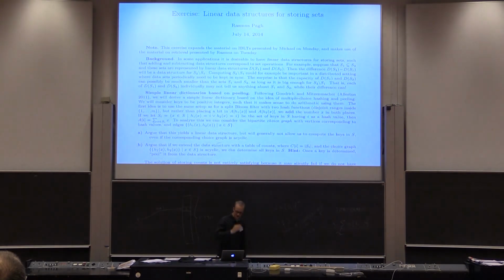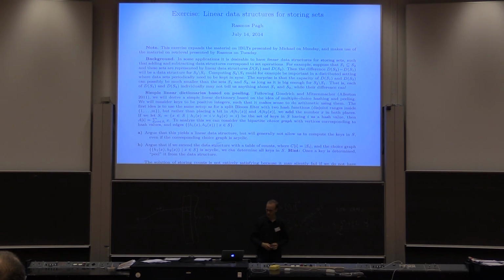So now the idea is to go to an exercise which blends something that Michael talked about yesterday, these invertible Bloom lookup tables, with things I talked about today, which are these bipartite graphs that become acyclic. So the idea is to work out some more details and actually try to prove some of these things. So that's the plan for the next